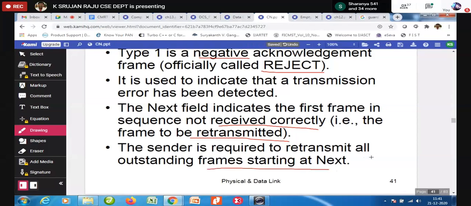Now that is nothing but what we discussed, go back n and selective repeat. Selective repeat is nothing but only that frame you will send. But here it talks about retransmitting all outstanding frames starting at next. That is nothing but go back n.